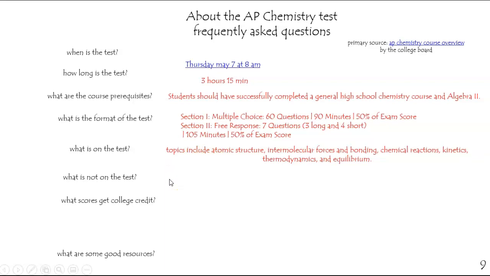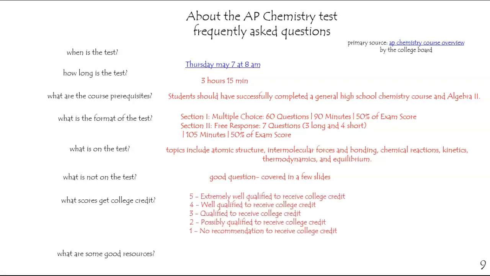What's not in the test for 2019 is covered in what they call an exclusion list, and I've compiled it completely. The college credit situation may vary. Perhaps at a school like University of Connecticut, a 3 or better will do. At other schools, they won't accept credit no matter what score you get, so make sure you think about what schools you may be going to and what you're looking at.